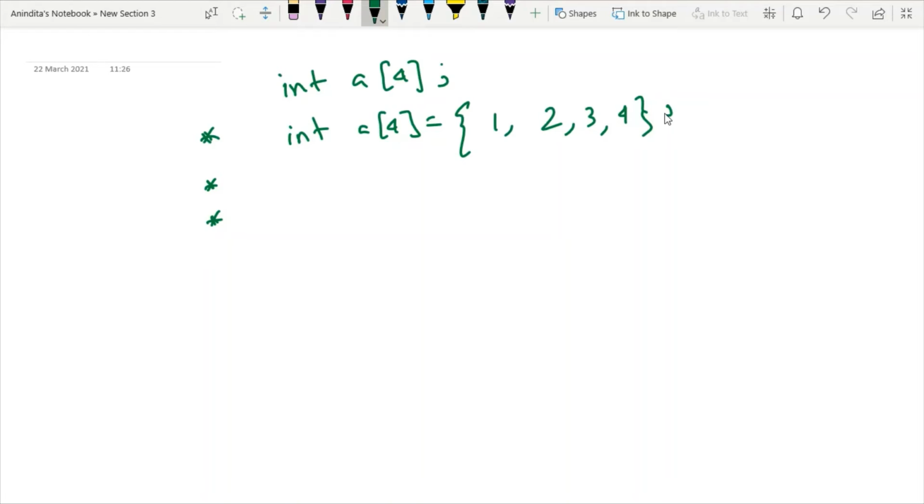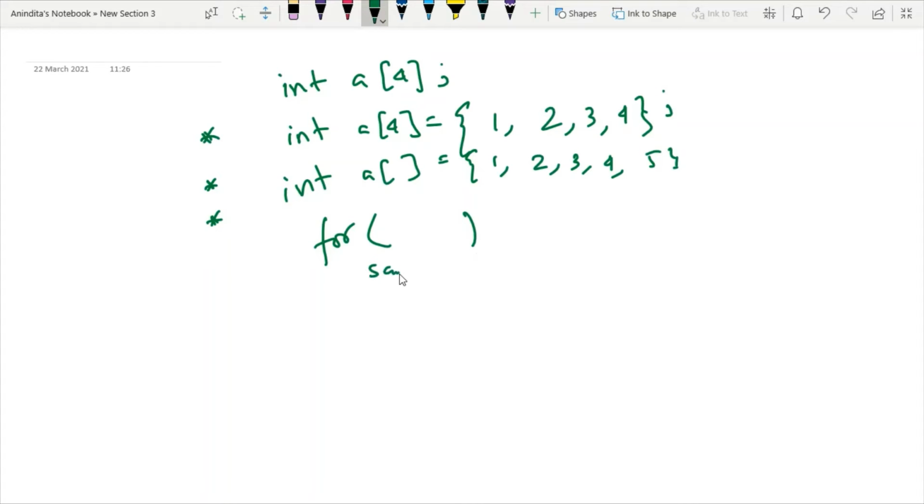This is one option. This is a static input taking mechanism. And afterwards, I can use an unbounded array where the size is not specified, so I can take any number of values according to my choice. And the third one is we have to use a for loop. First, for taking values, I have to use the scanf function. And for printing those values, I have to use the printf function.